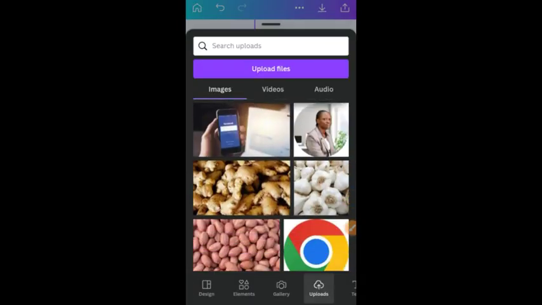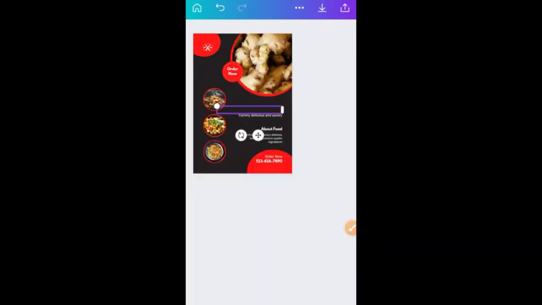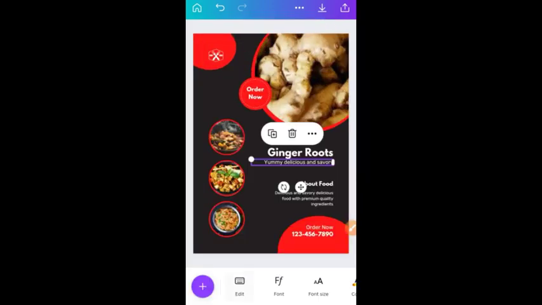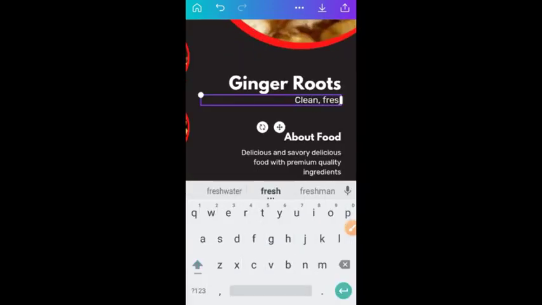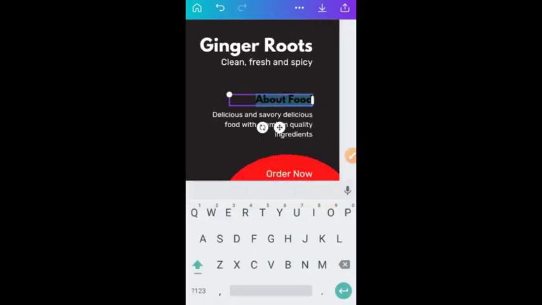Okay, so I need to put my own images, right? So we are going to be working with ginger and garlic. Okay, so this is how to edit a flyer. You tap on the text, and once you click on edit, you can write whatsoever you want to write inside. So all the text, anyone you want to edit, you have to tap on it and click on edit,